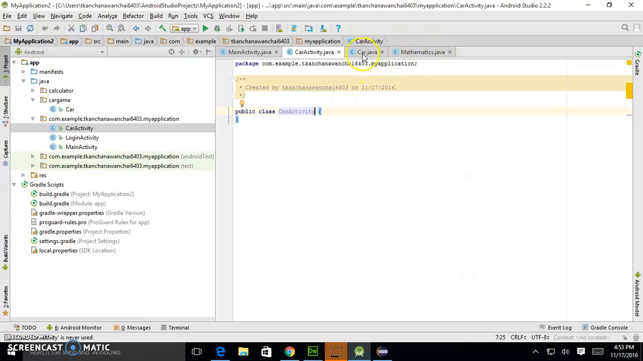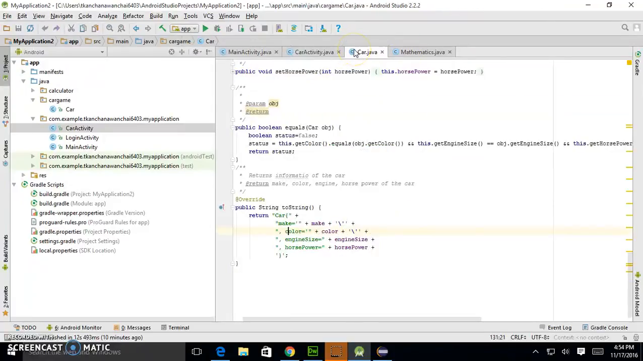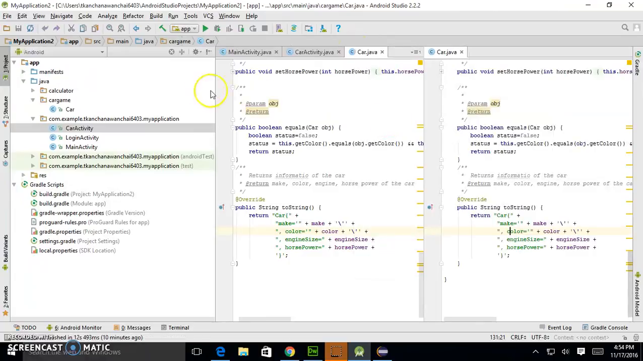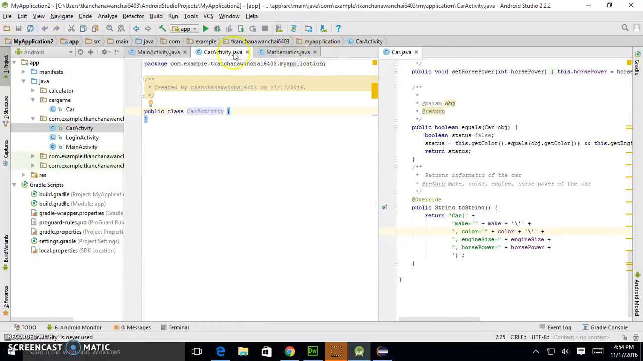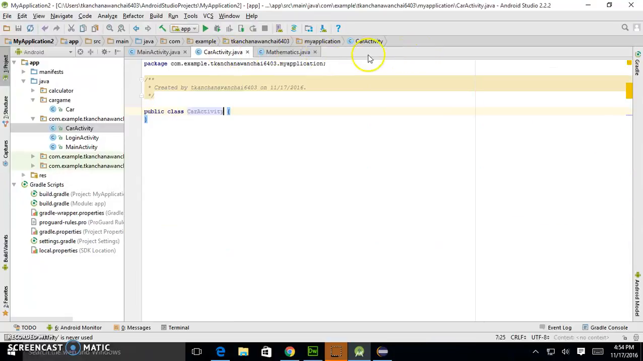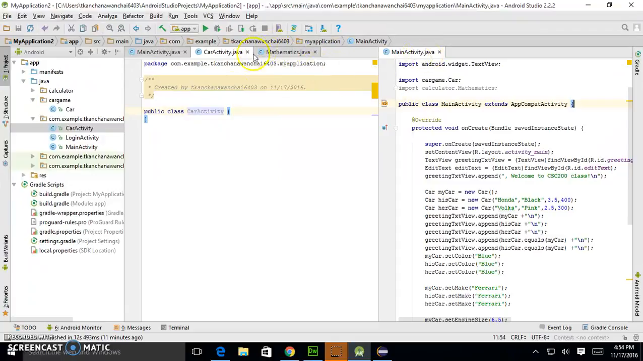So now when you're doing this, it's pretty much the same. You have to extend AppCompatActivity, right? So I'm going to split this, then we can just see a sample code too. Right. So we extend